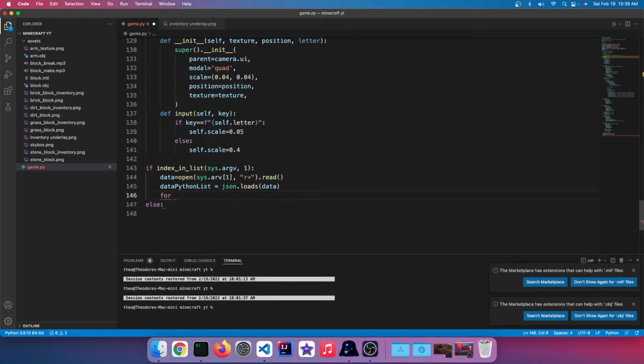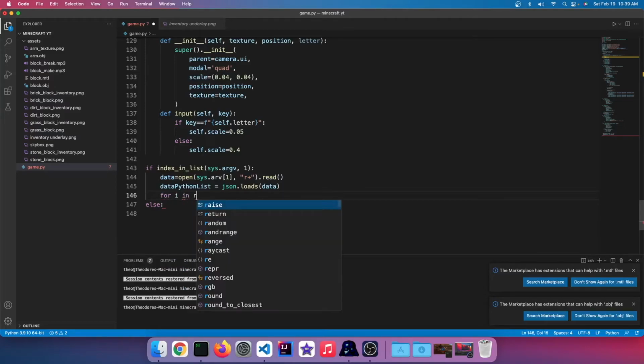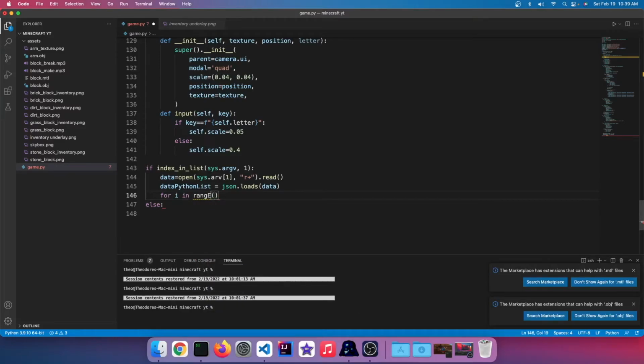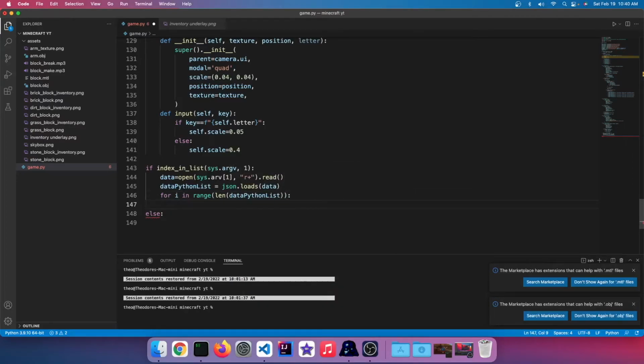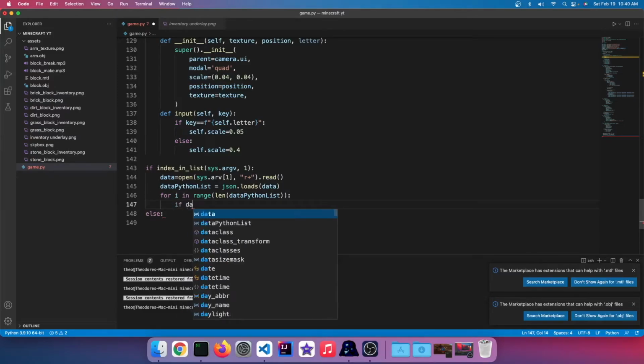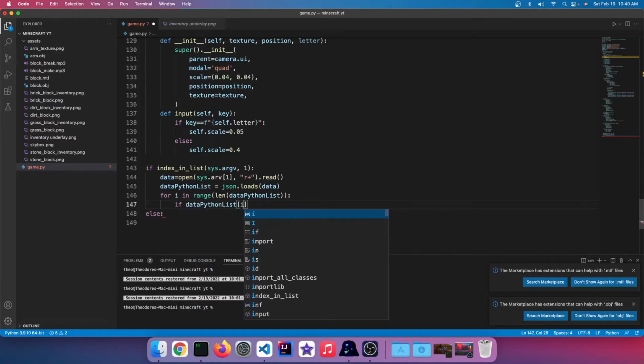So we can go for i in range. This is what I really appreciate about Python, is that they have a range function. So you don't have to go for var i plus plus, i less than whatever. But we could go for i in range, and then the length of the data Python list. Then, okay, and then we could detect if that element, which is data Python list i, if that texture